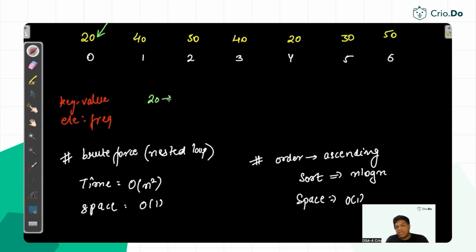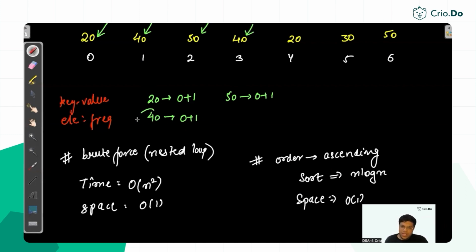So put the new frequency as old frequency plus one, that is 0 plus 1. Because if it is occurring for the first time, you will take the old frequency as 0 and insert the new frequency as 1. Similarly for 40, since it is not there right now, you will put the new frequency as 0 plus 1. 50, since it is getting inserted for the first time, 0 plus 1. But now 40, since it is getting inserted for the second time,